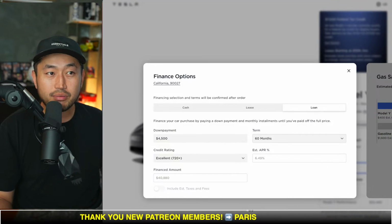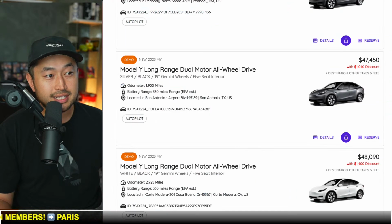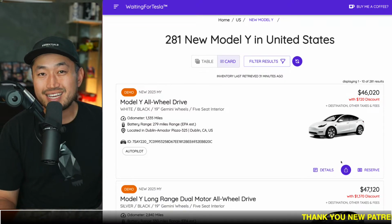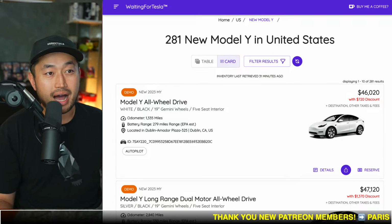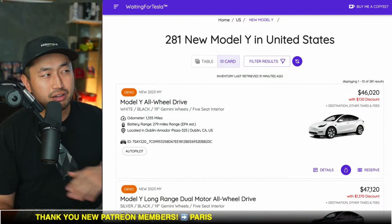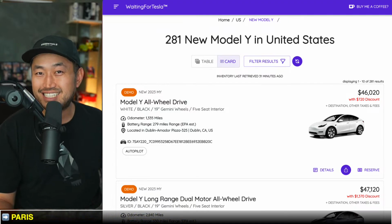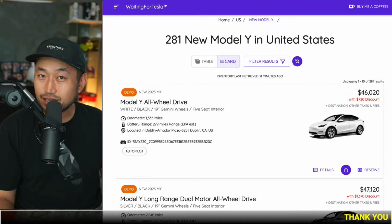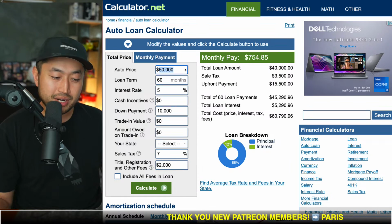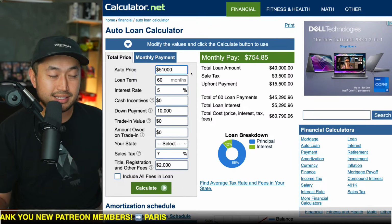And if you're wondering how much this actually affects the payment, we're going to throw in some roundabout numbers. Let's take a look at a Model Y. The cheapest Model Y in the country right now is $46,020. I usually estimate about 9 to 10% on top of that for taxes and fees. It's a good average across the country. Of course, California is going to be a little bit higher, because there are plenty of places in Los Angeles where the sales tax alone is 9.5%. But let's just use 10%, give or take. So $46,000 plus 10% gives you a roundabout out-the-door estimated price of